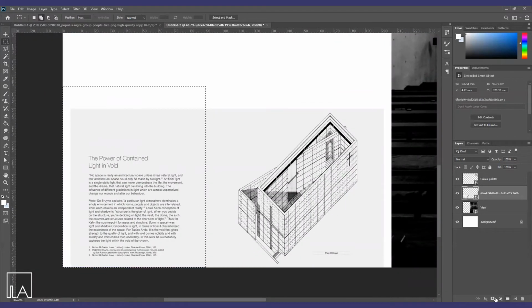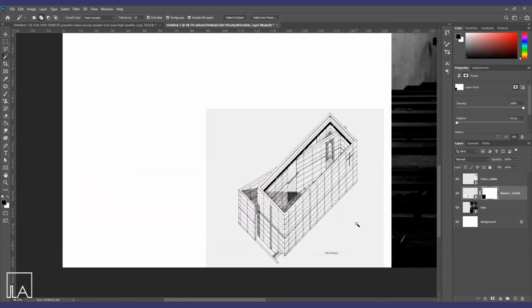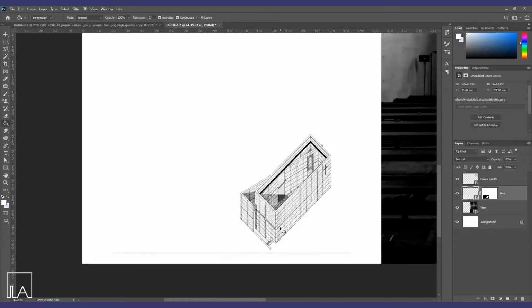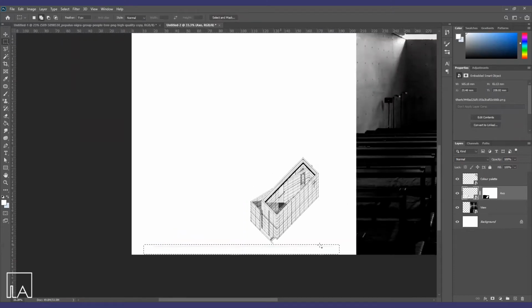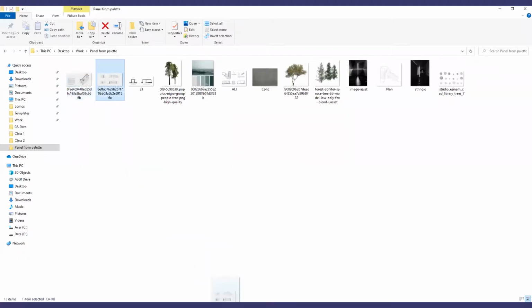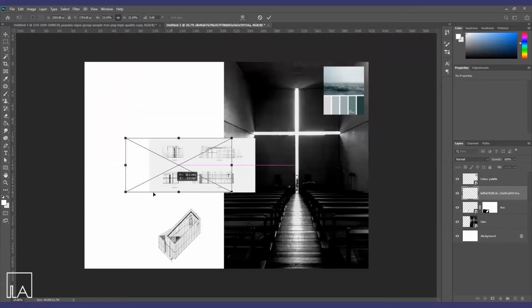You can place the images and by using layer masking hide the regions of the images you do not wish to see. Remember that using layer mask gives you the flexibility to get your original image back at any time. You simply have to make a selection and fill it with black to hide it and fill it with white to make it visible.